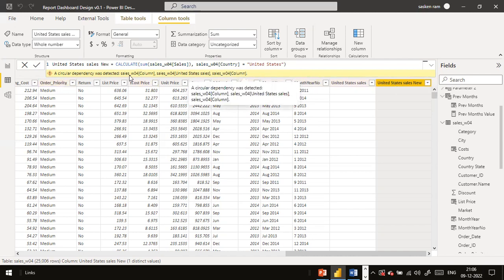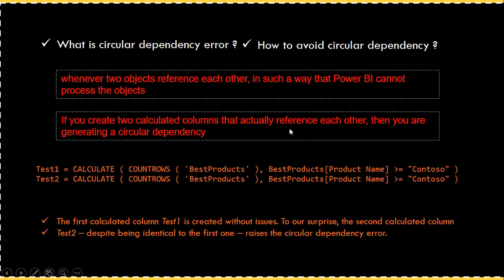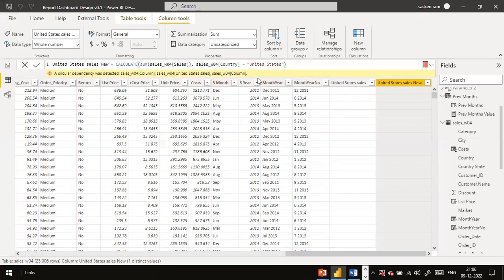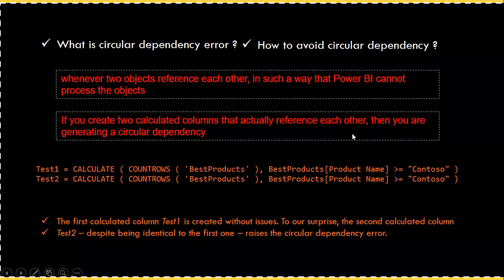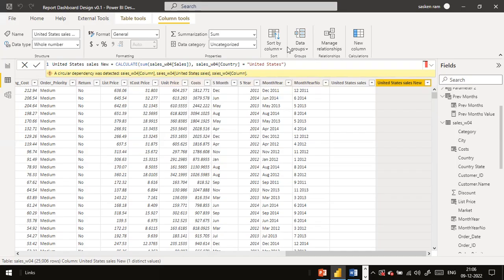And that is the circular dependency. In the interview, you can tell them we have encountered common errors like the circular dependency error, and we addressed those issues. If they ask what that circular dependency error is, it is when calculated columns reference each other, which causes the circular dependency error. And if they ask how you resolved it: